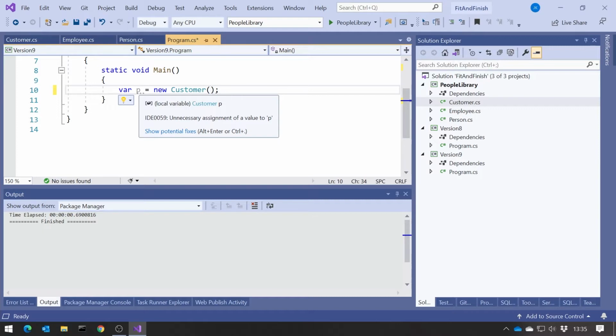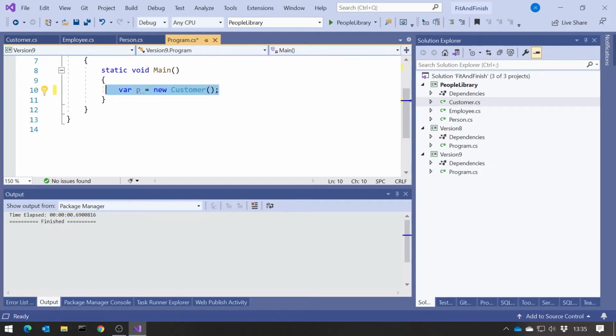It's somewhat limited in where we can use it, because we can really only use it on local variables. Because if we had this as a parameter to a method, or if we had it as a field within a class, then it wouldn't be able to infer the type because you don't have the initial value there at the time. So in those cases, you still have to do the fully named type.